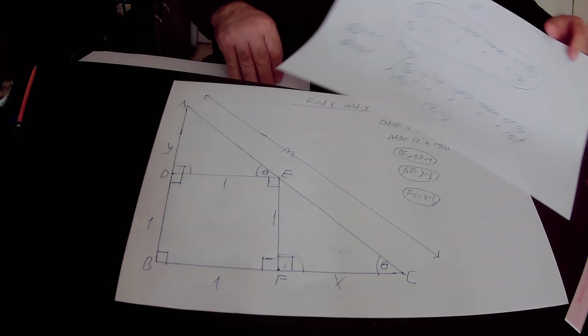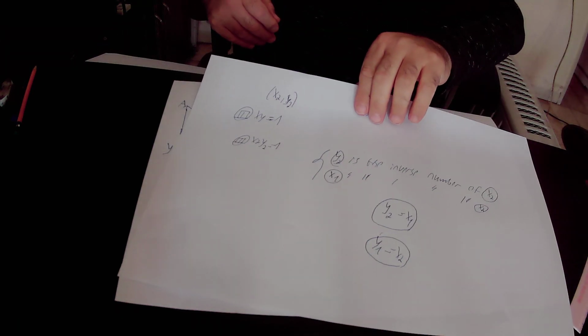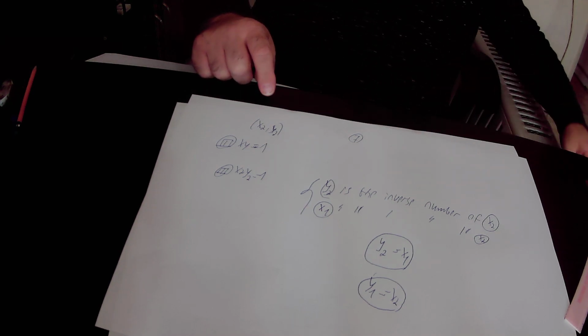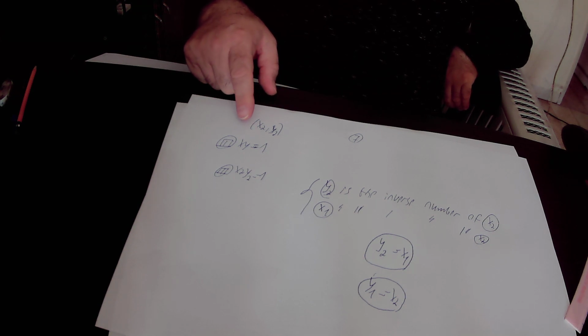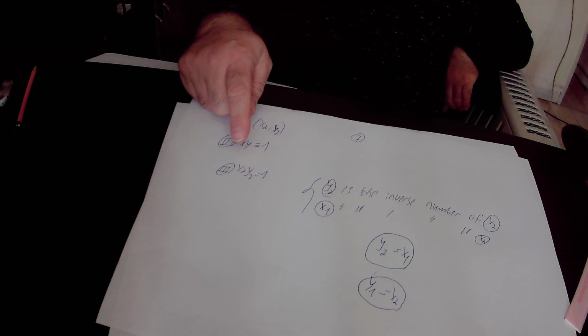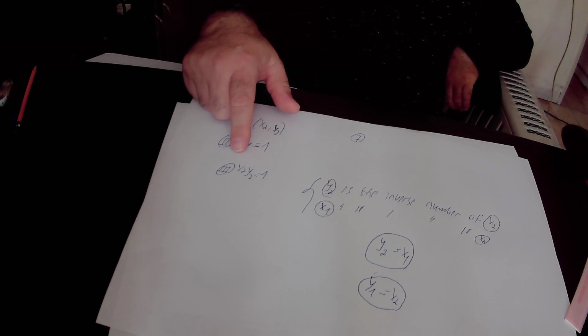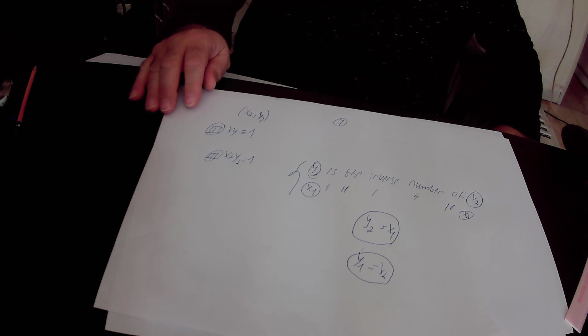Likewise, we put the second solution to the question. The second solution is x2, y2. So we put it inside equation number 3, that is x equals x2 and y equals y2. And we get equation number 3 stating that x2 times y2 equals 1. What does it mean? It means that y2 is the inverse number of x2. But we have already found that x1 is the inverse number of x2. And according to the rule that each number has only one inverse number,